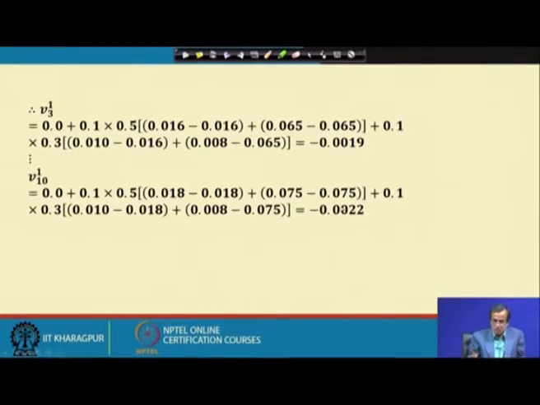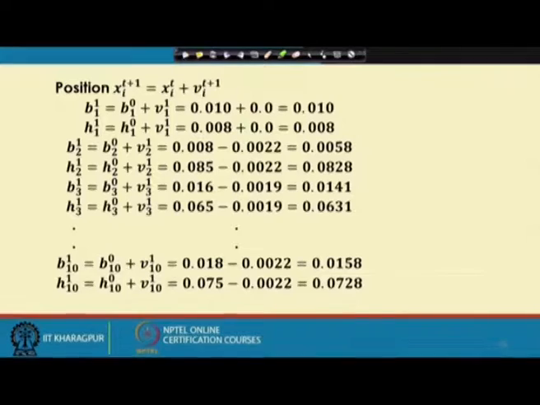So, using this particular principle, I can find out the updated value of the velocity of each of these 10 particles, and once I have got the updated values for the velocity, now we are in a position to find out what should be the updated position of these particles. Now, let us see how to find out the updated position.